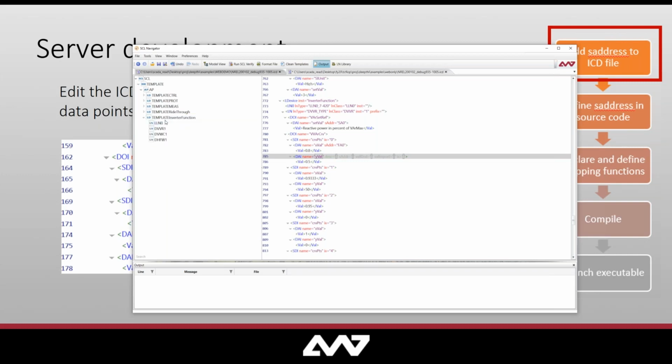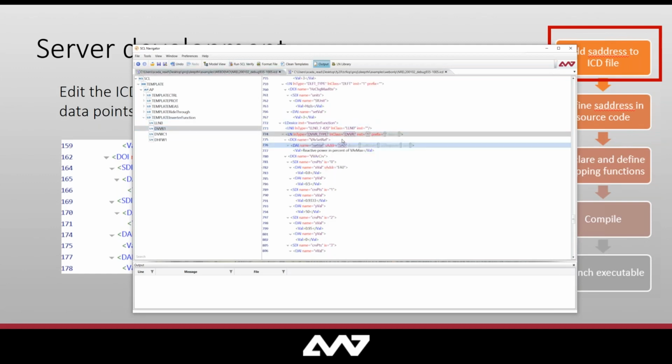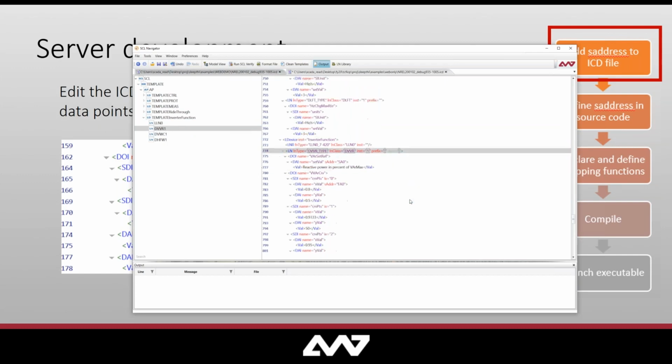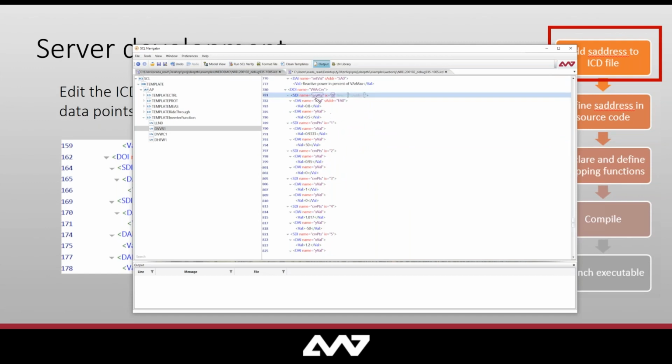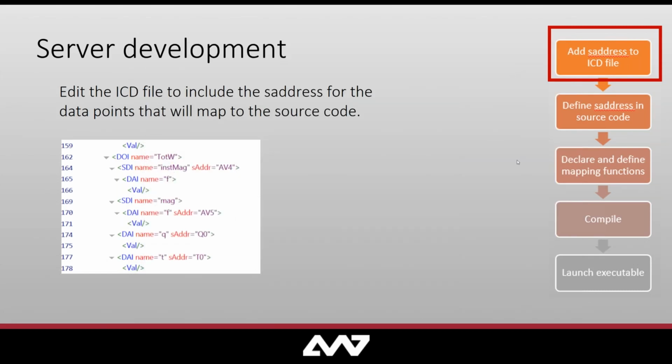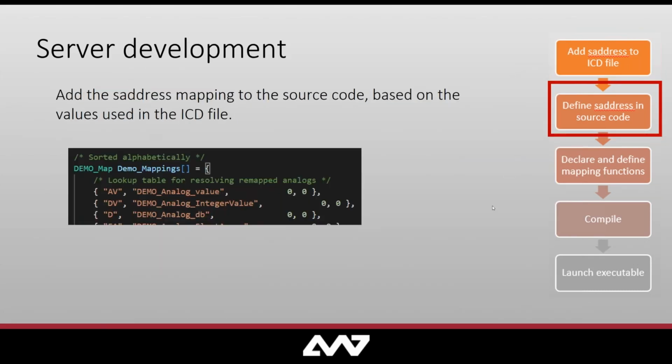So in this example, we're just going to go over a simple volt-var curve and how we can do the mapping for this. We use something called the S address in order to map between the ICD file and the server code that we would be developing. So you can go into the volt-var curve and then add something with a prefix. I'm using the prefix FA in this case. You can use any other prefix. You just have to make sure that it maps to the source code as well. And once you have that set here, you can then go to the next step where you would define these S addresses within the source code itself.